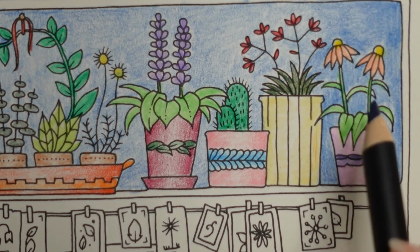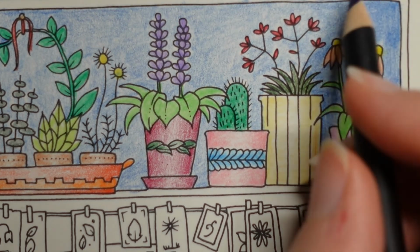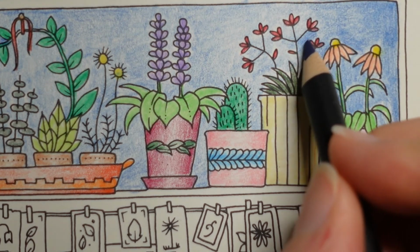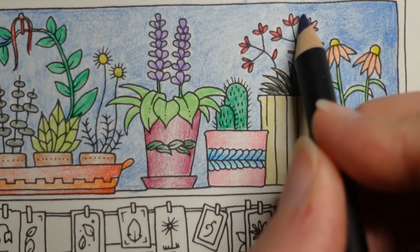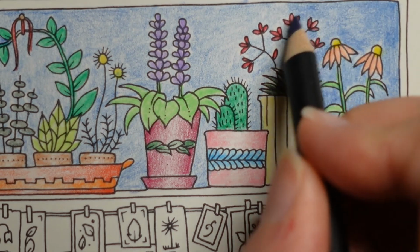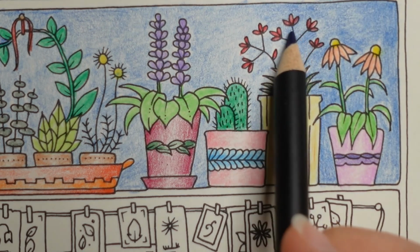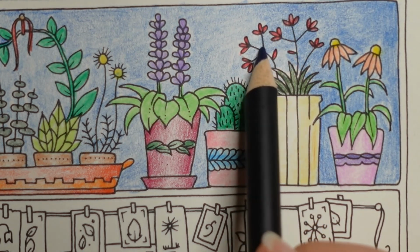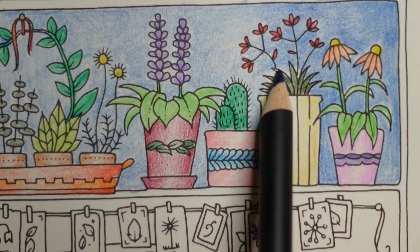Having a completely plain background isn't something I would necessarily do if I had a big space, because it can look a little dull. But if I have a huge space I would probably go for a soft pastel background rather than going for pencil. I have done pencil and it has worked and it is pretty, but it takes a lot of time,